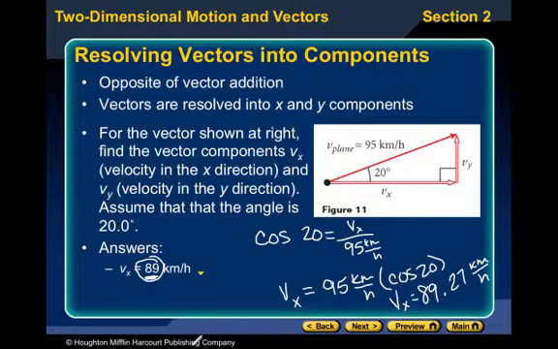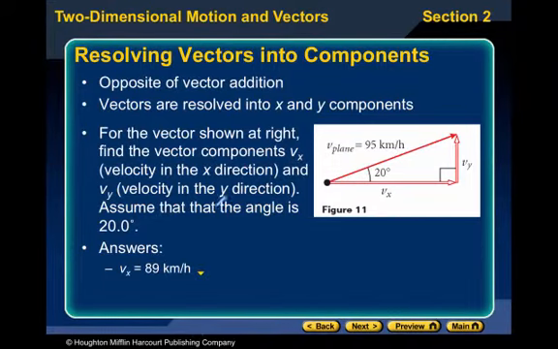Now let's see if we find Vy. What trig function do we need to find Vy? If we want to find Vy, we're using the opposite, so sine of 20 will equal Vy over 95. So Vy is equal to